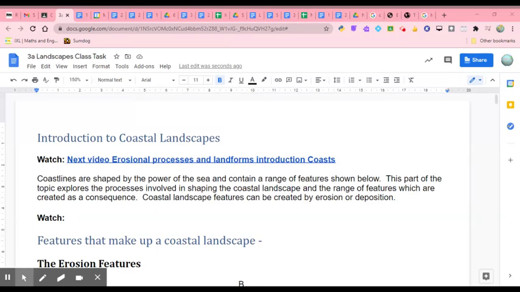Okay, this is a lesson video for your Introduction to Coastal Landscapes, which is assignment 3A. And in this lesson, you have moved from thinking about glacial erosion features and looking at a glacial landscape to a totally different type of landscape, in this case, coastal landscape. Now, at the start of this lesson, if you haven't done so already, you must watch this introduction video, which will take you through the main processes involved in coastal landscapes